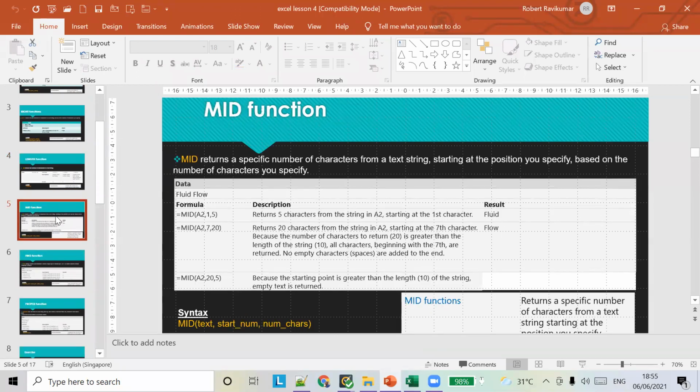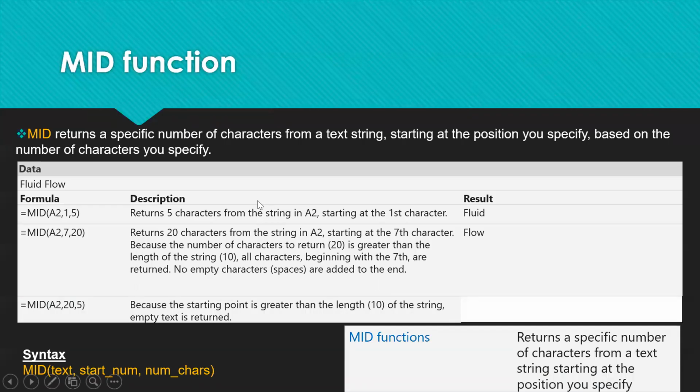Let's see another function. There's something called the mid function. Previously we found characters from the left, and we can also find characters from the right using the right function, so there are two functions. Let's say I want to find something from the middle, not from the right and not from the left. I want to specify the exact characters that need to be cut.